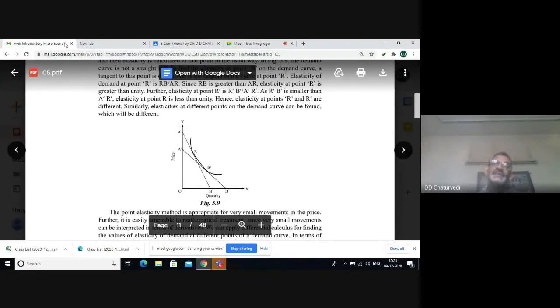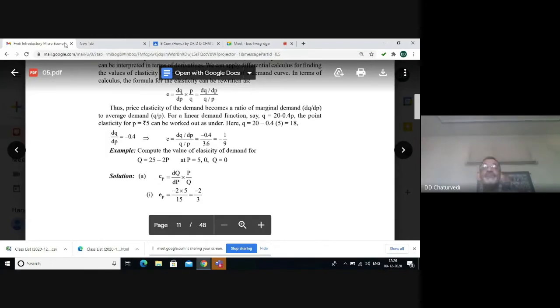Now the question arises, suppose we do not have a linear demand curve, rather we have a non-linear demand curve. If you want to estimate the elasticity of demand by the point method on a non-linear demand curve, then wherever we want to estimate the elasticity of demand, we will have to draw a tangent. If we have two different points where elasticity of demand is to be estimated, then two separate tangents will have to be drawn. Thereafter, the process of estimation of point elasticity of demand will be the same, that is lower segment of the demand curve divided by the upper segment.